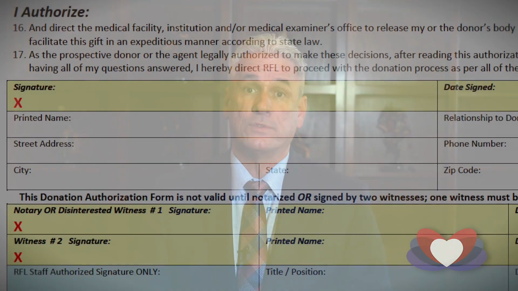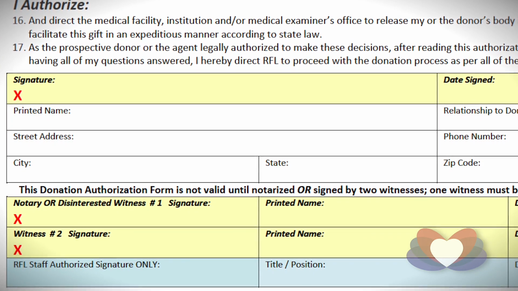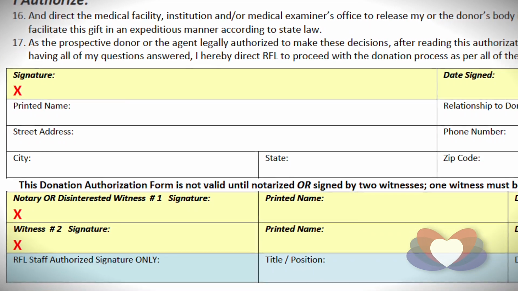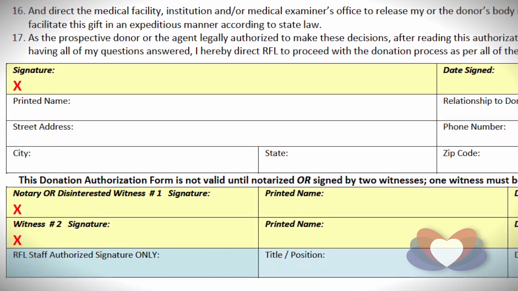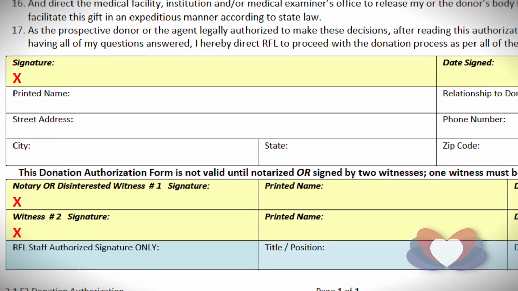Another important part on a consent form is the person signing the authorization attests, affirms that they have the authority to direct the donation. The donor organization accepts the authorizing agent's authority in good faith, barring any information known to it at the time of donation that would contradict the authority of the person authorizing donation.